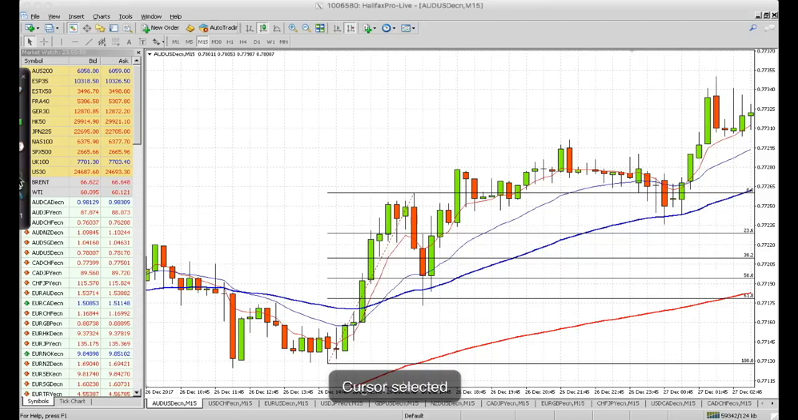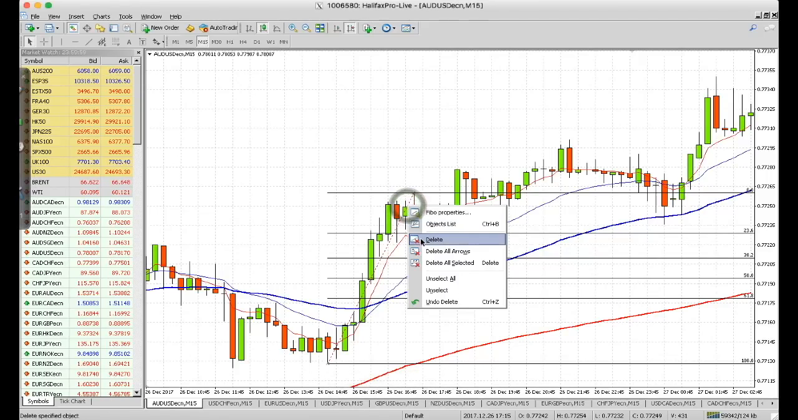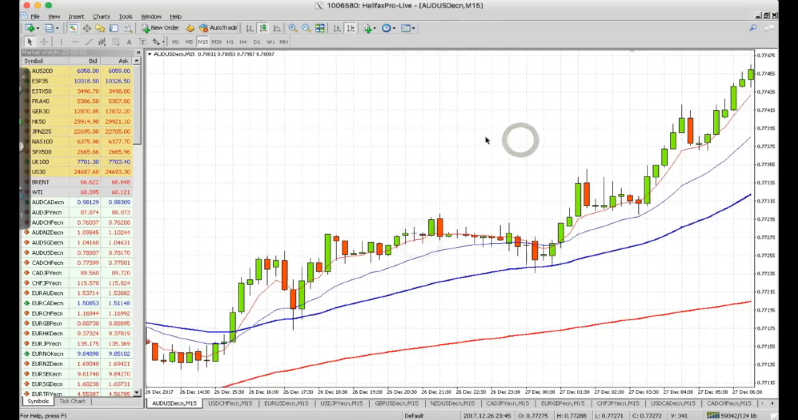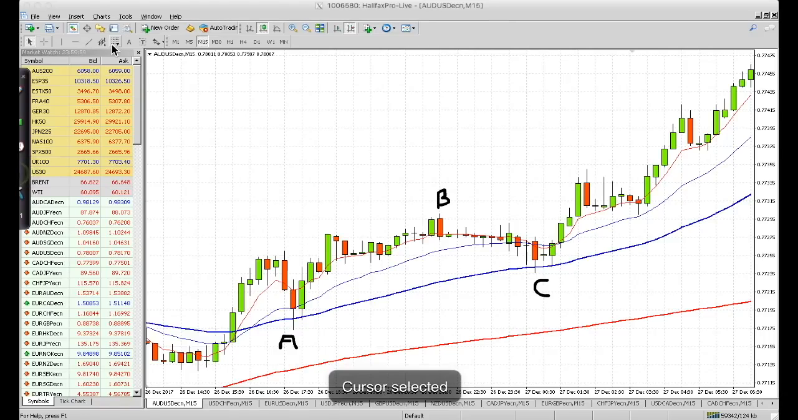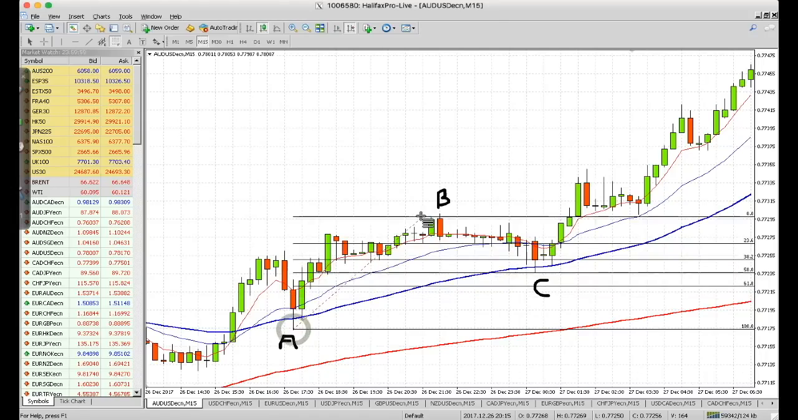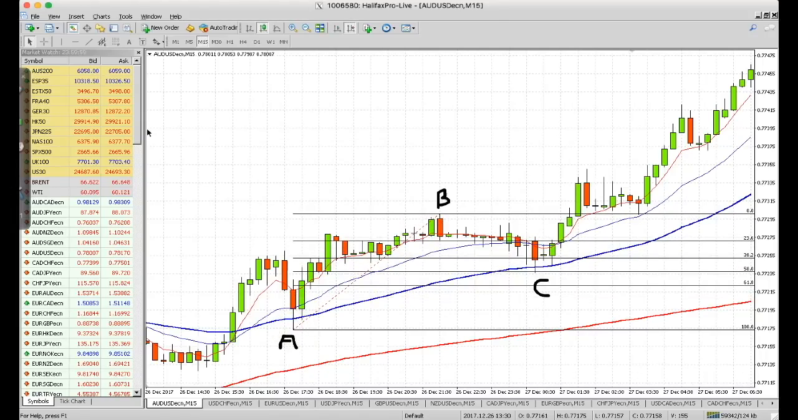Let's take a look at another example over here. Let me just remove that. Okay, how about this one? So again, do you identify A, B, and C, right? That's what we just drew earlier on. So once again, let's use the Fibonacci tool. Click A to B and C. So you can see this level is exactly at,